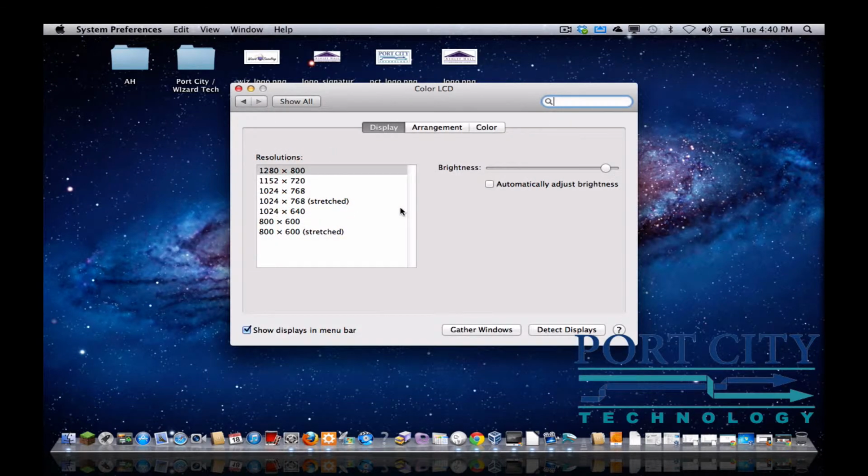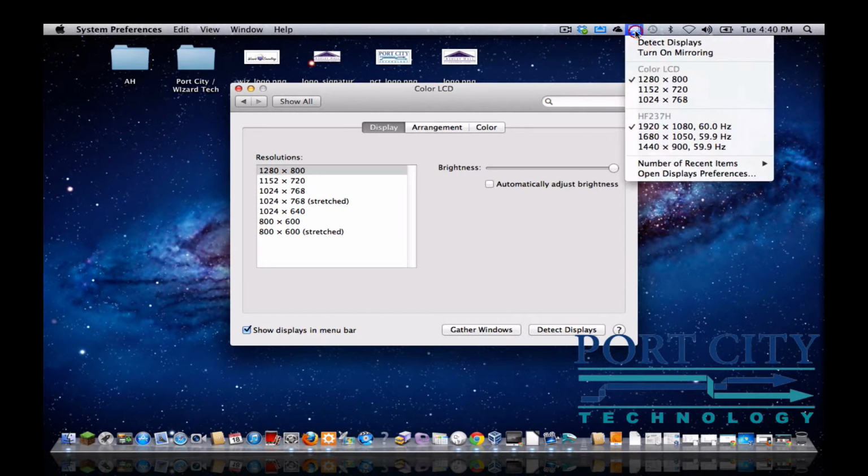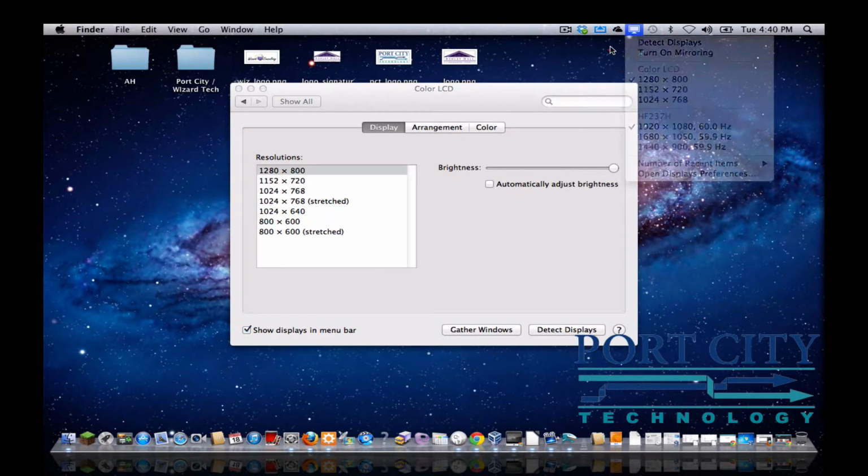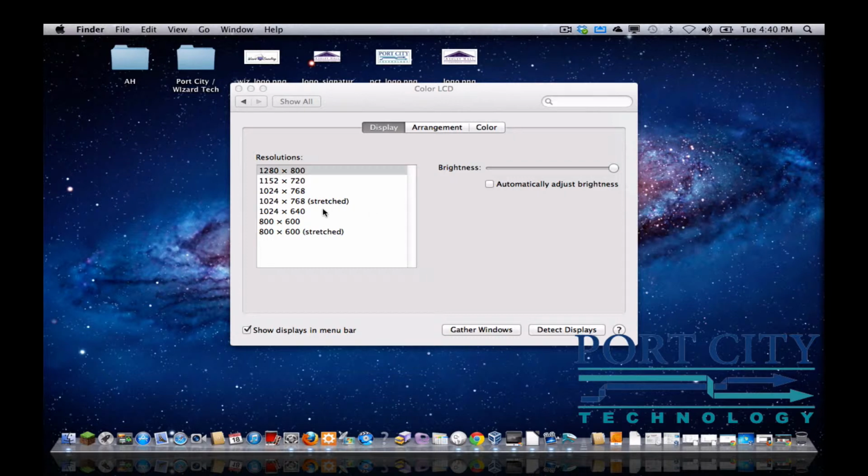The display option. This is what controls your resolution, screen resolution. This is similar to the Windows setup. You have your brightness. Alright. And you have an automatically adjust brightness, which I don't prefer actually. This option, show displays in the menu bar. You'll see this is the display up here. Okay, that's the icon it's talking about. And this is where you set your